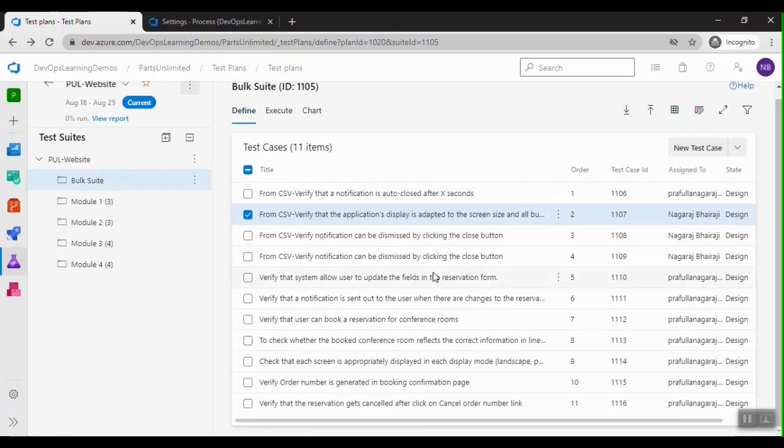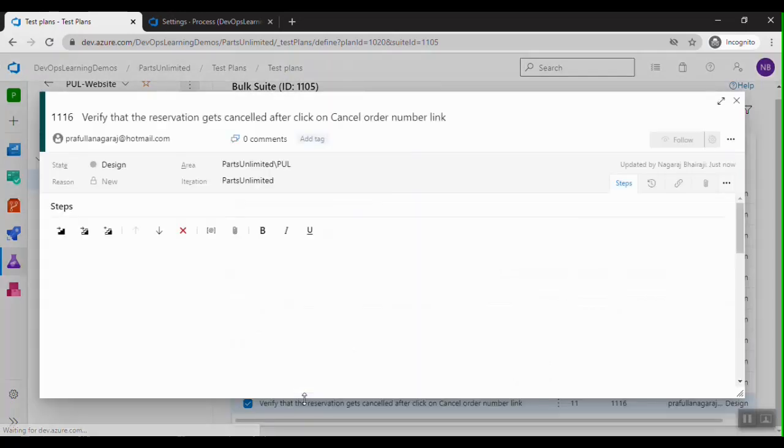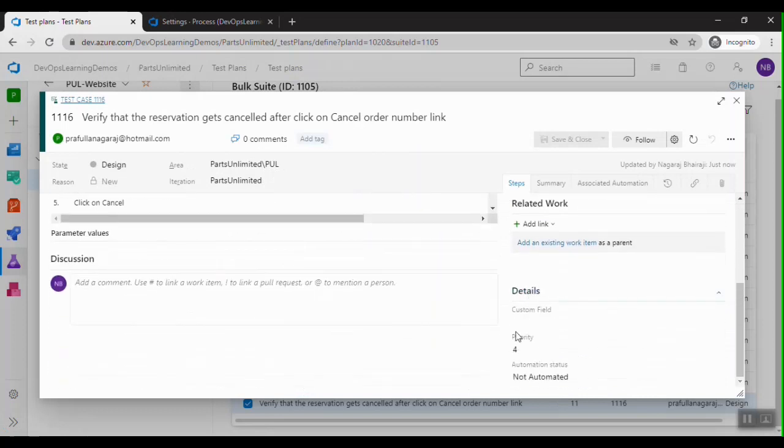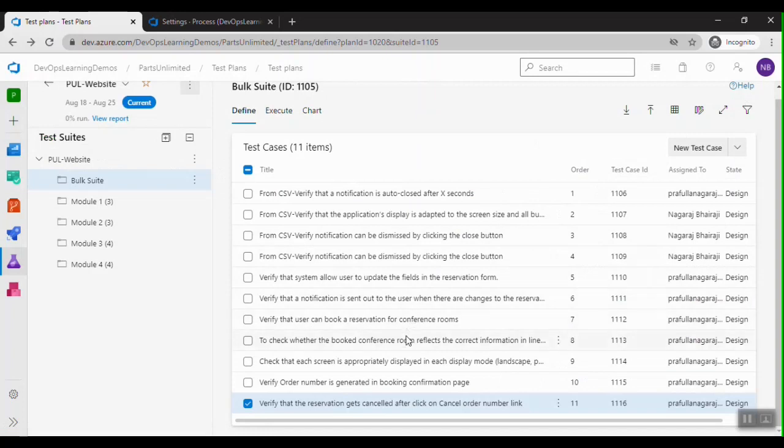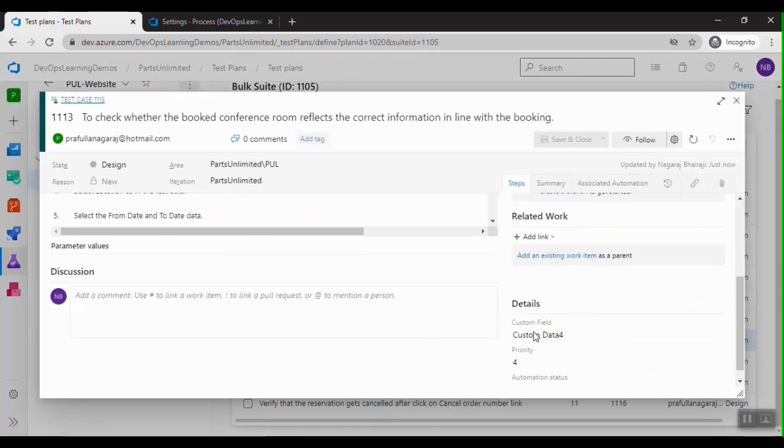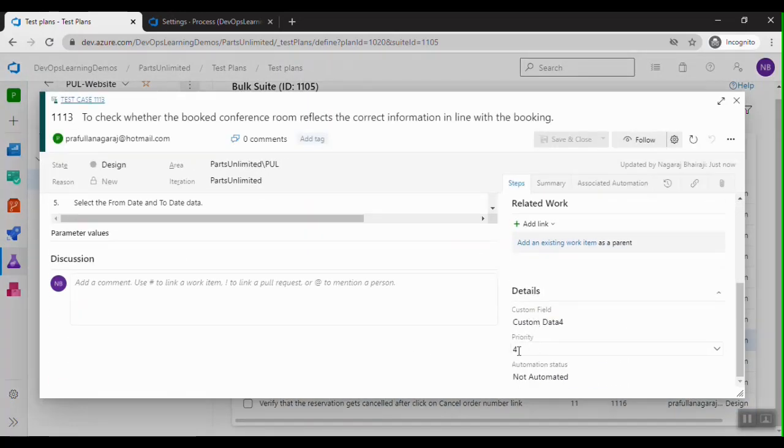Okay, and also we have test cases which may not have a value for the custom field, and other test cases for which we didn't fill the value, but it has automatically taken the priority column value.